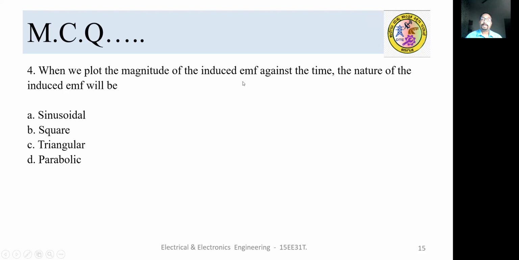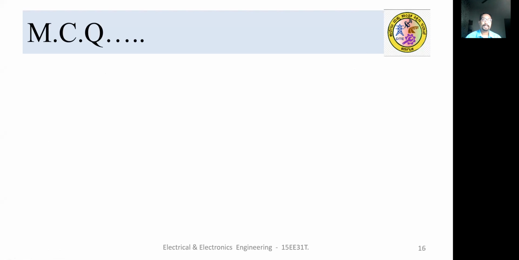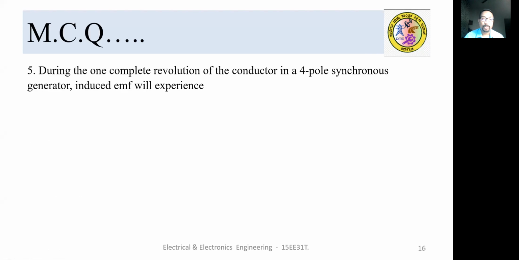When we plot the magnitude of the induced EMF against time, what is the nature of the induced EMF? Is it sinusoidal, square, triangular, or parabolic? As we have discussed in the previous slides, it is sinusoidal in nature. The answer is sinusoidal. Next question is, during one complete revolution of the conductor in a four-pole synchronous generator,